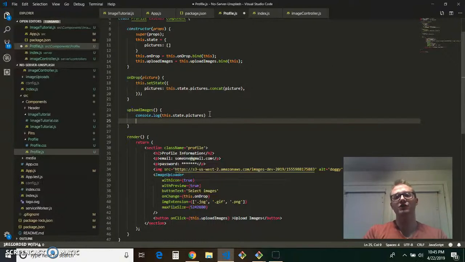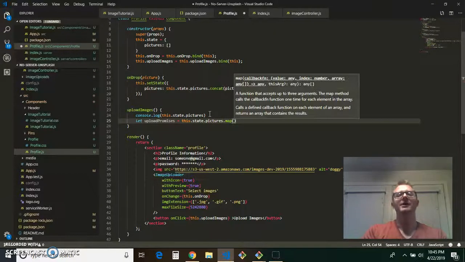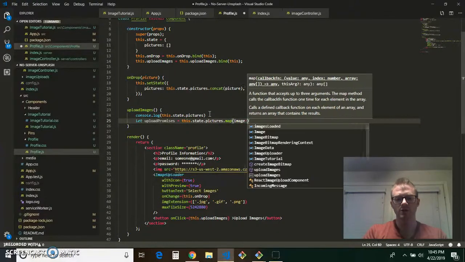An Axios call returns a promise, and since we have an array of images, we're going to have an array of promises. We're going to send off a bunch of Axios calls. So our upload promises is this.state.pictures.map. You could do a for loop if you wanted. It's the same thing as a map, but basically for each one we're going to send off an Axios call. So for each image,